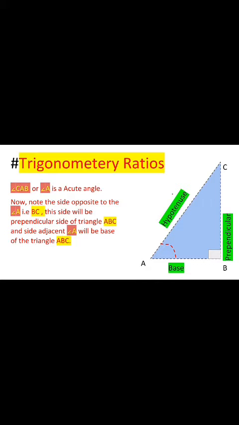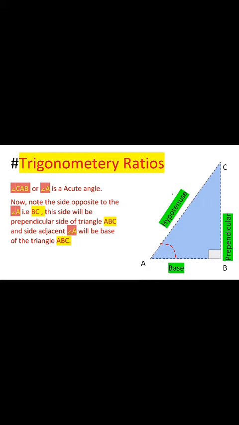Before moving to the trigonometric ratios, the 6 trigonometric ratios that we have, let us first understand what the perpendicular and base are for a given angle. Because many times in examinations I have seen many students making the same mistake over and over. They don't know for which angle which line is the perpendicular and which side is the base. So to remove that confusion, I have the easiest way to understand it.